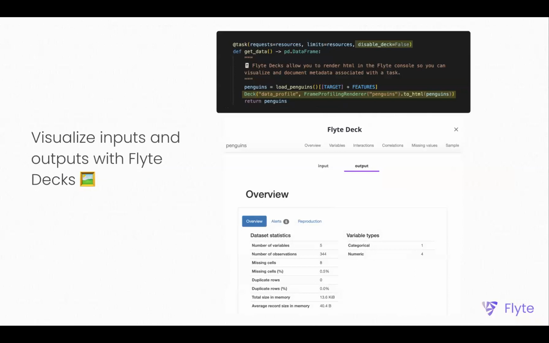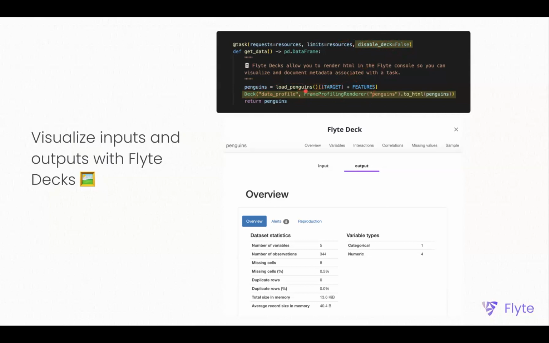You can visualize inputs and outputs of your task with an abstraction called Flyte Decks. Essentially, you need to add some arguments to your task decorator: disable deck equals false. And then you call this Deck class and provide a renderer for it.